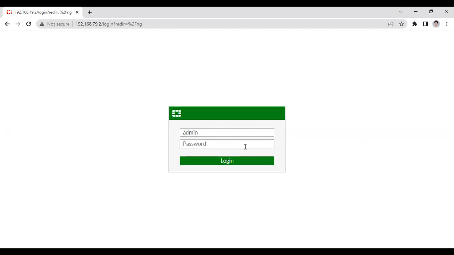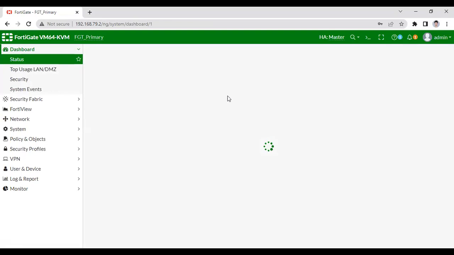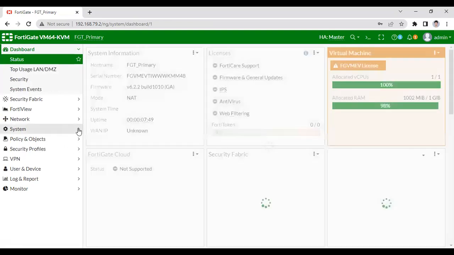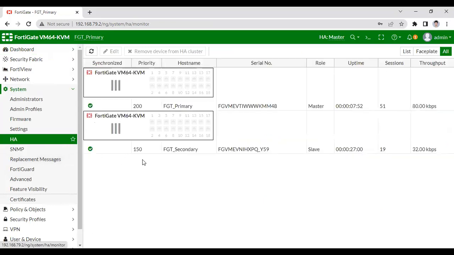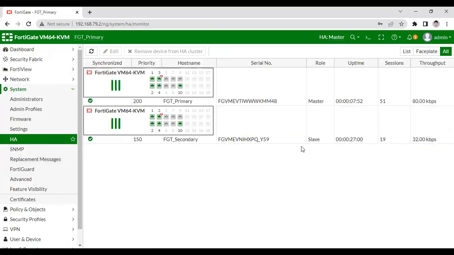I'm going to use username admin, password 123. So let's check whether the configuration has been synced between both firewalls or not. Let me check the configuration. As you can see, the configuration has been synced, and it is also showing synchronized. Earlier it was not showing that.